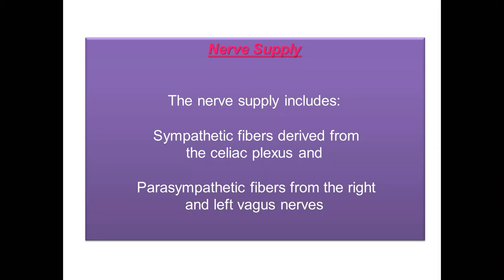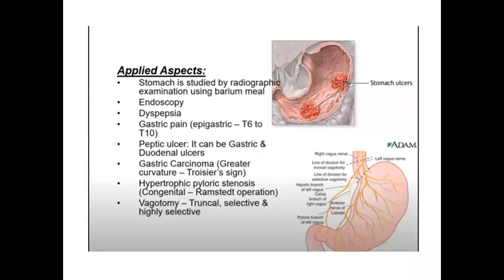And clinical anatomy: this is an area for ulcers. Frequent ulcers are there. If there is cancer on the greater curvature, it is called Trousseau's sign. Then I remember only two. Okay, no problem. Pain of stomach is in the area of T6 to T10, radiated to T6 to T10, and that's what I remember.